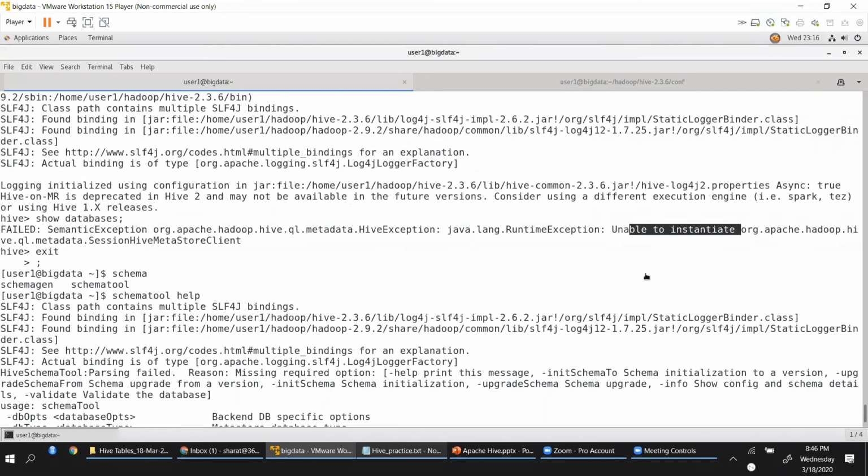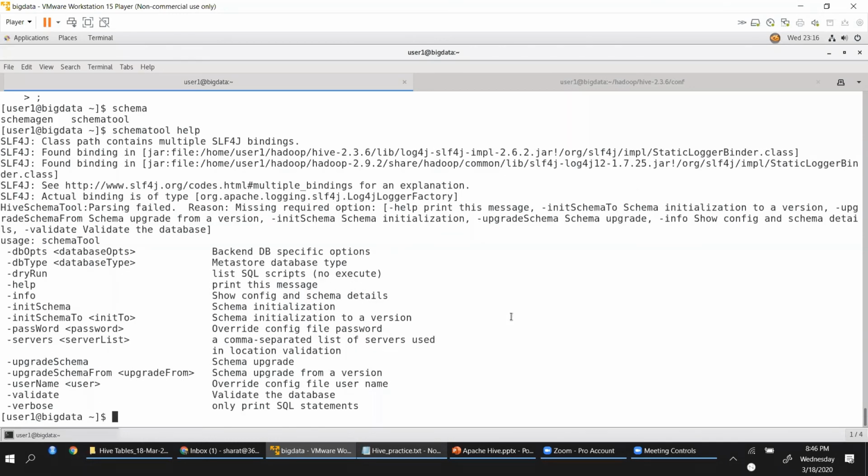Unable to instantiate metadata session. So we will try to run the schema tool, and I would say init schema. The DB type is Derby.